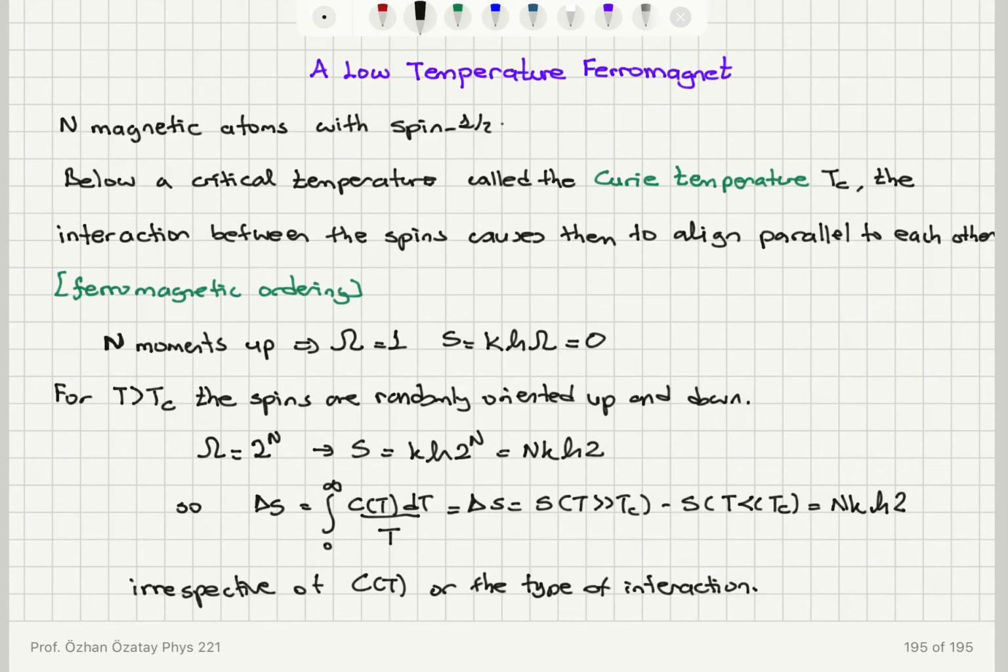All of those moments line up, giving you one accessible state with corresponding entropy 0. For a temperature greater than the Curie temperature, the spins get randomly oriented. The phase transition occurs from ferromagnetic ordering to paramagnet. And then we will have the number of accessible states 2 to the power N. So you can see that the entropy change is N k natural logarithm 2, irrespective of the temperature dependence of the heat capacity or the type of interaction that is involved between the